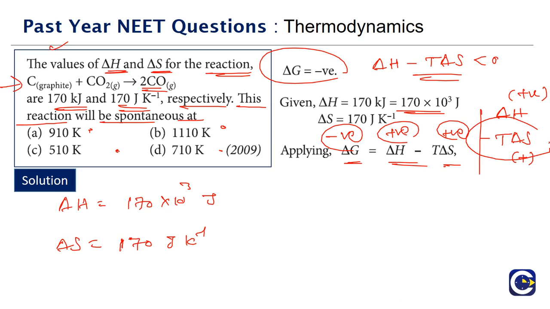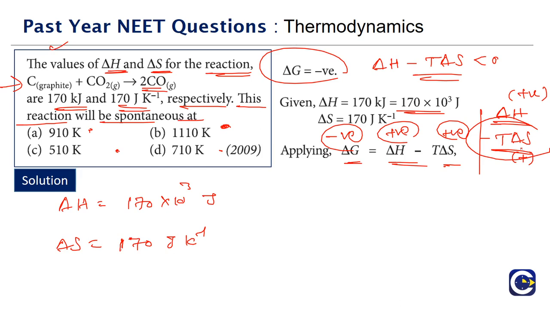So by looking at this itself, we can tell, if we have this situation and they're asking at what condition it will become spontaneous, we can straight away choose the highest temperature among them. If you keep increasing temperature, the chance for del G to become negative will be more, because the first term del H is positive, and the second term minus T del S becomes more and more negative as temperature increases. So we have to go for the highest temperature.